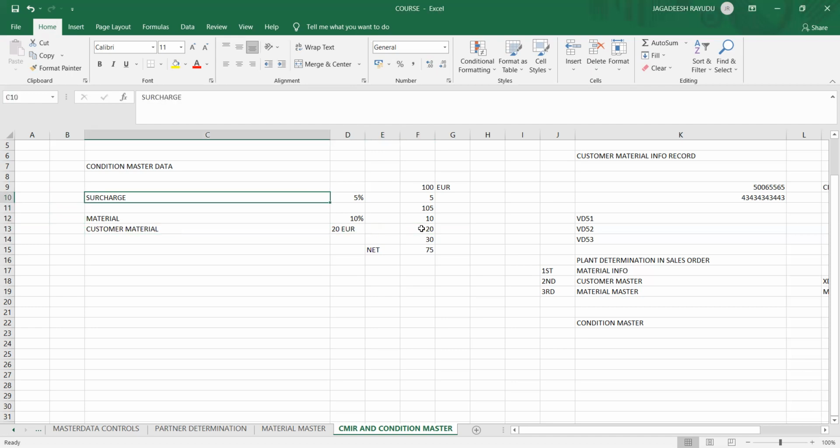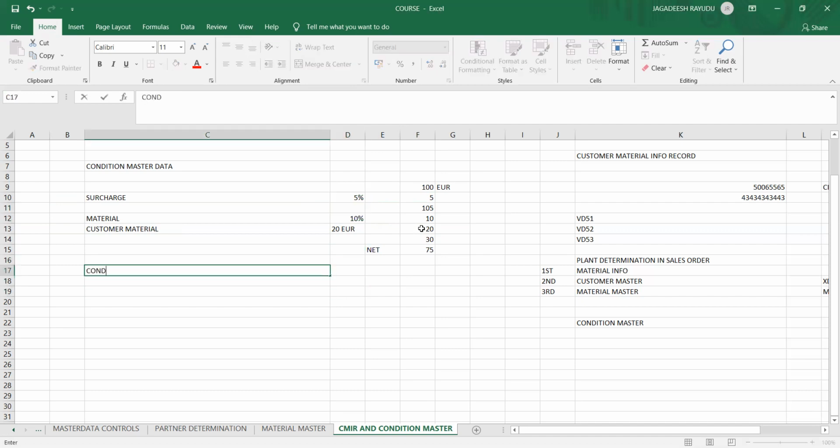This is how you get your bill once you buy a certain product. We are going to see that as a separate topic, but you require condition master data. For this, I will tell you the first step.